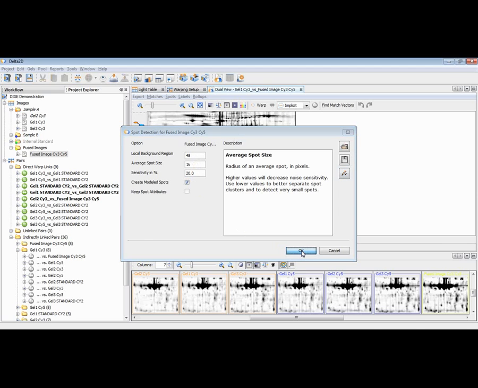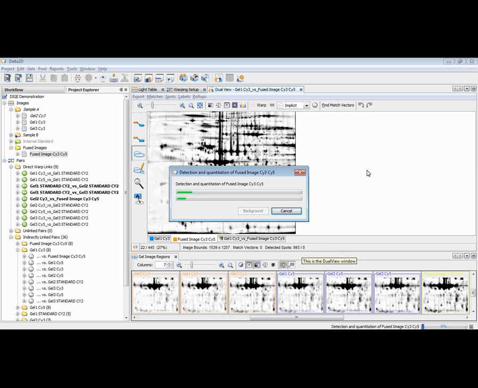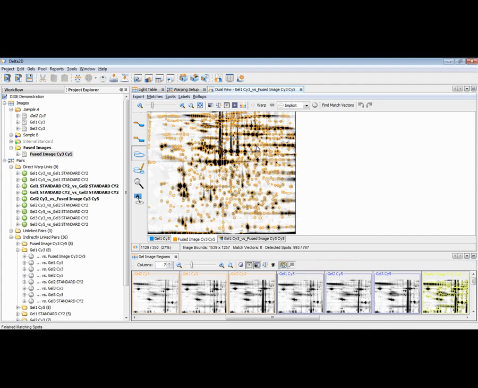I just click OK, and then the spots on this fused image will be detected. We will see a spot pattern now on this image, including a lot of spots. The first thing that we can do with spots, of course, is canceling them. Usually on gel images we have such a